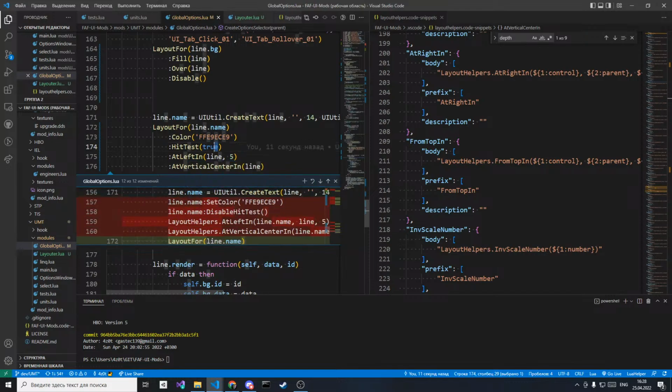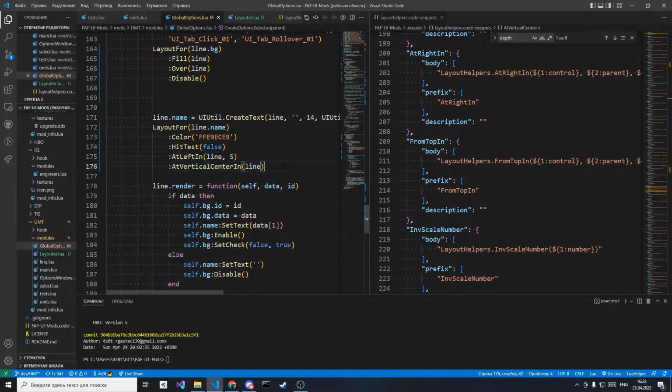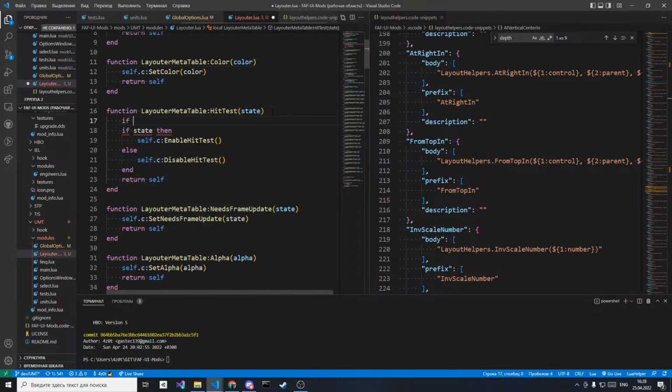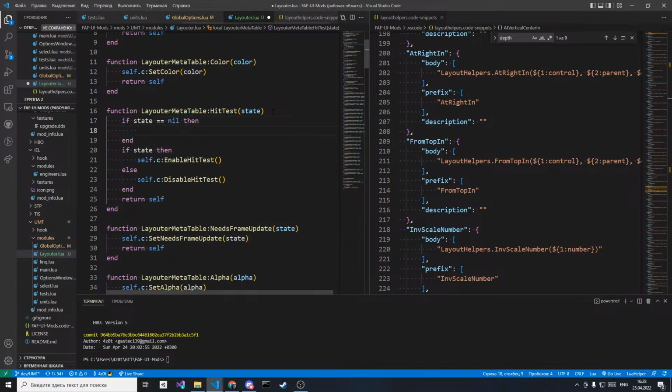Oh, it shouldn't, then false. And I think I have to drop an error if we pass there nothing, but it will work as disable hit test. Let's check on nil, I think, because if state is nil, then error